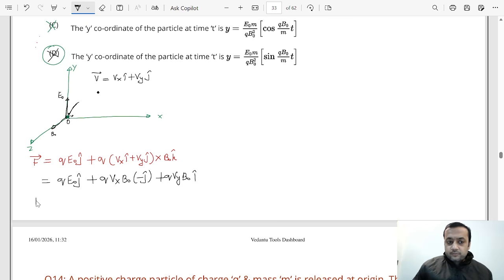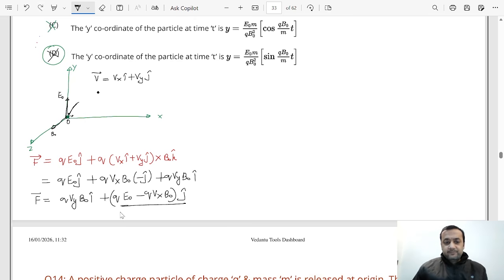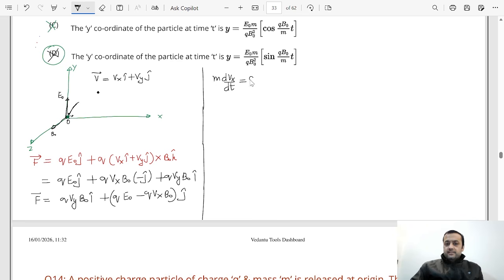If you check out the force, let's first write the i cap. This becomes q into vy into B naught i cap, and then q E naught minus q vx B naught j cap. This is the force in the y direction, and this is the force in the x direction. Now the force in the x direction creates the x acceleration. So we can say that mass into x acceleration, which is the rate of change of x velocity, will be written as q